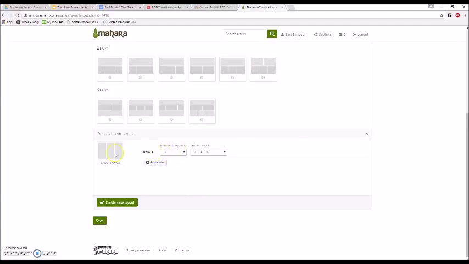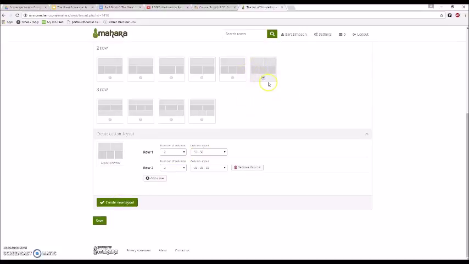So for number of columns, I want to make sure in my row 1 that I have 2 columns. And 50-50 sounds okay for now. Let's try it, see how that works. And then I'm going to add a row, and I know that in my second row I want 3 columns to accommodate the other 3 items of information, so it ends up looking a little bit like this. I'm fine with those 3 being even. If I'm happy with this layout, then I'm going to hit Create New Layout,